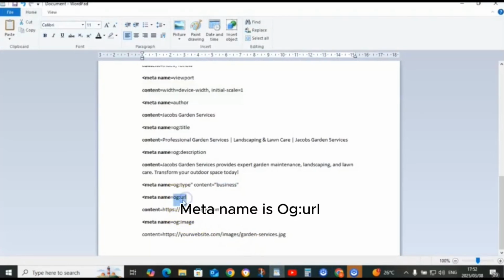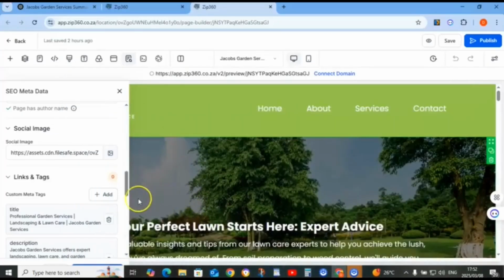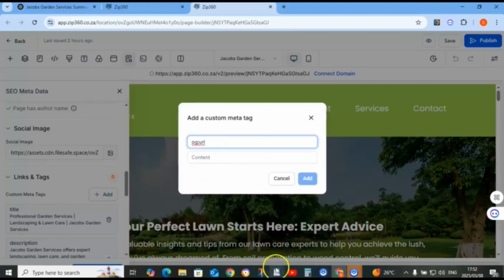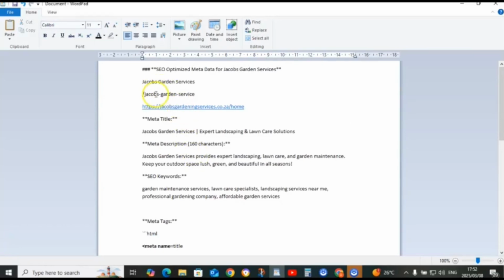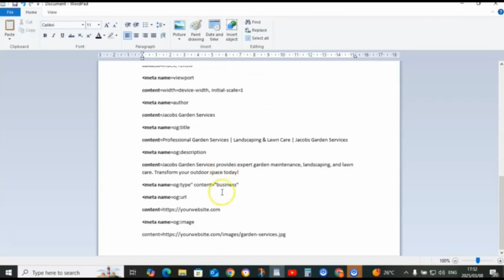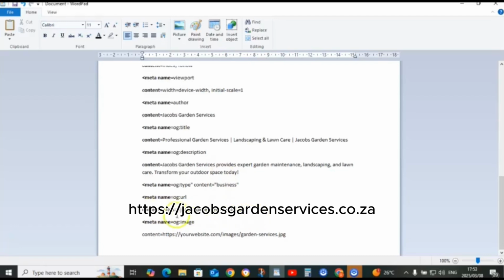Meta name is URL, and content to website.com should be Jacob's Garden Services, jacobsgardenservices.co.za.